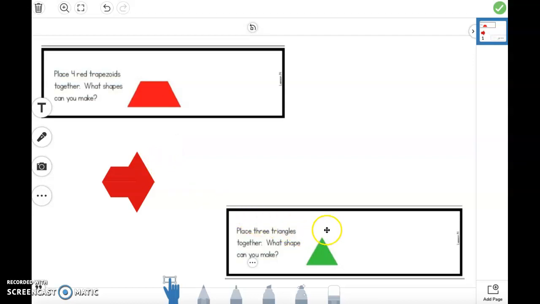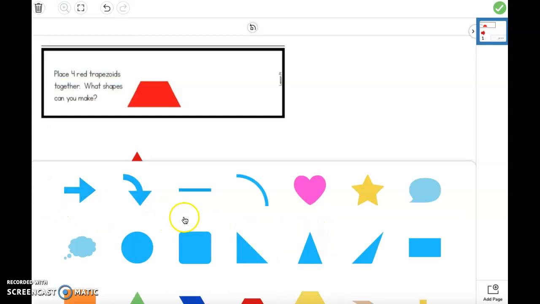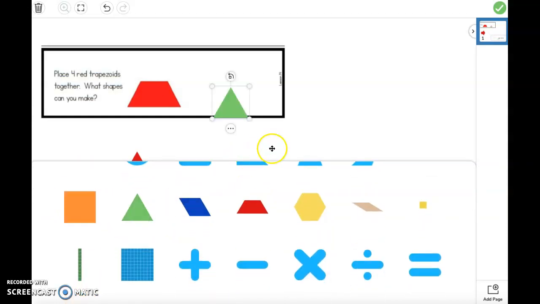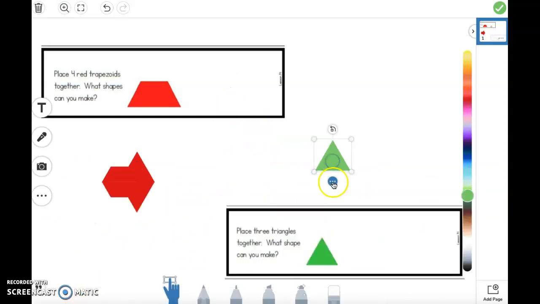And then down here it says, place 3 triangles together. What shape can you make? So you're going to come to here, click on shapes, find the triangle, click off, and then you need, there's 1. Now there's 2, and now there's 3. So keep them the same size. All you have to do is rotate them and place them together, and you should be able to make a